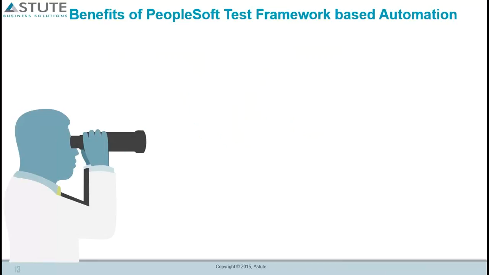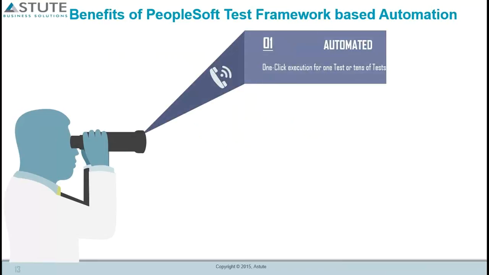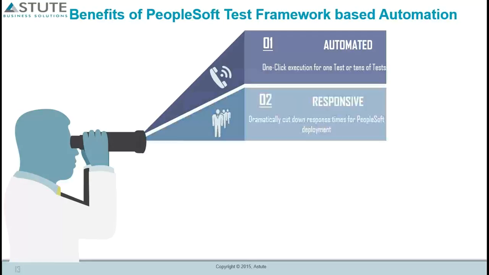So some benefits of PTF-based automation: one-click execution. So you get the ability to record and play back. So let's say you have a test with 10 steps in it; rather than executing each of those 10 steps, you can, with a single click, play the entire test. Now, that's the lowest level of automation that you can achieve with PTF, but there's a lot more that you could do. You could actually program this tool to run tens or hundreds of tests for you at the click of a button. And that just needs some advanced knowledge of PTF and some good preparation as a customer on your part to be able to provide the right data, the right design inputs, so that you build it once and then continue to reuse it every time.